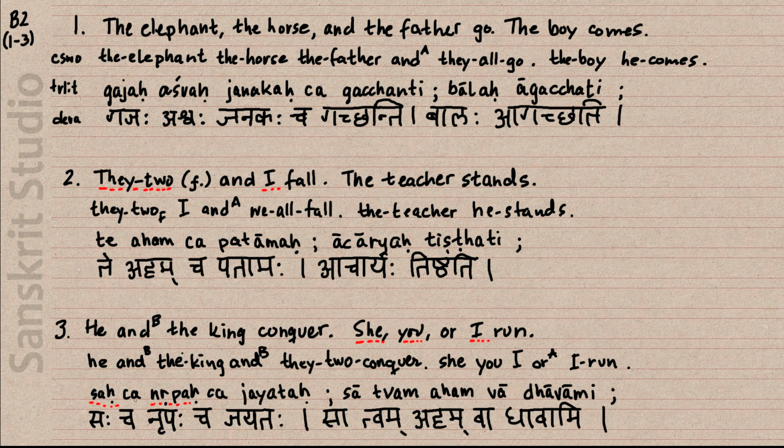So if I were to remove this cha, then we would have the words saha and nripa stacked on top of each other, or just like beside each other. And the thing is that in Sanskrit that particular juxtaposition, okay, so if I write here saha nripa,